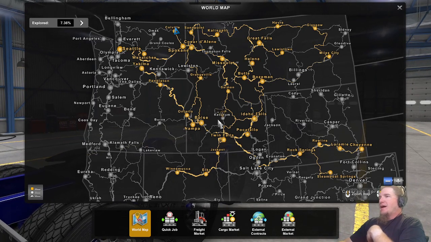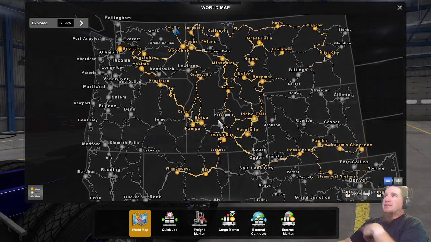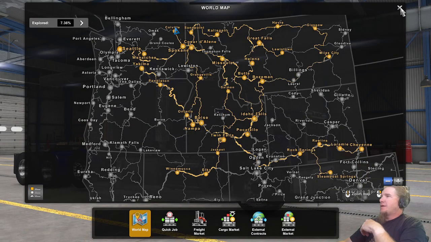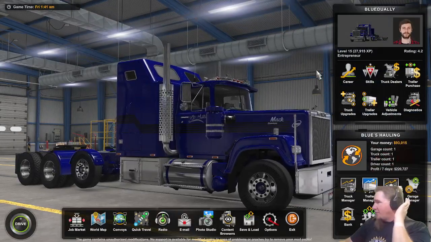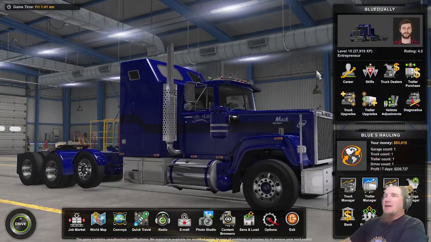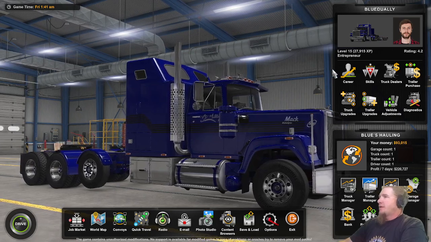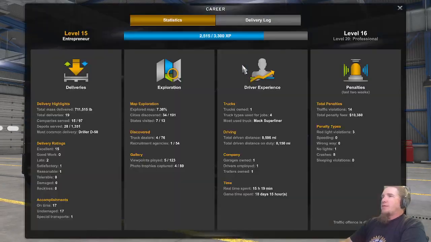I have paid off my first loan, which is how I got the truck. But we have not unlocked the upgraded garage, so we can only have one driver and one trailer at the moment. Let's go over here to...